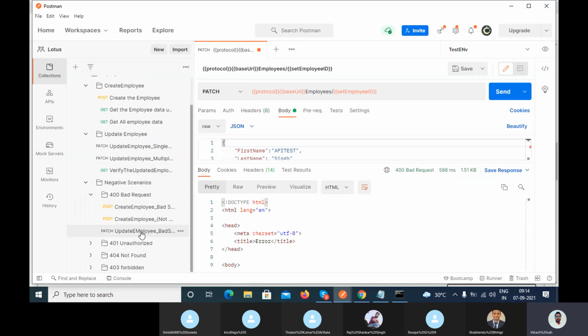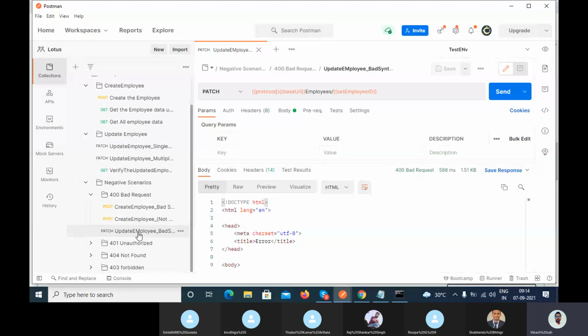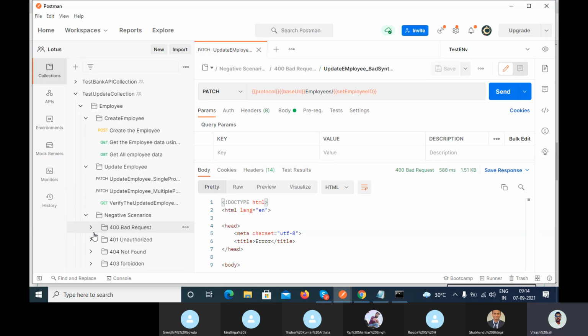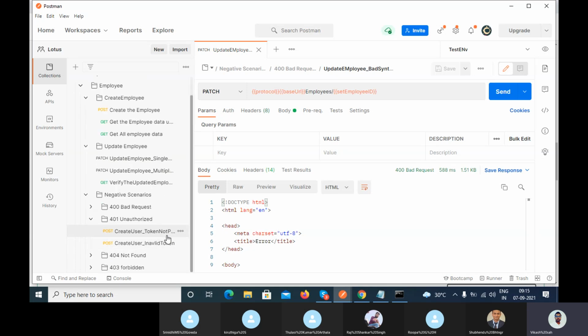Now you can see the patch call got stored, and if you think you can generate some more 400 bad requests, add that scenario inside the bad request folder. Now you can add the scenario 401 unauthorized. Similarly, to update the data we need the token, right? So you can